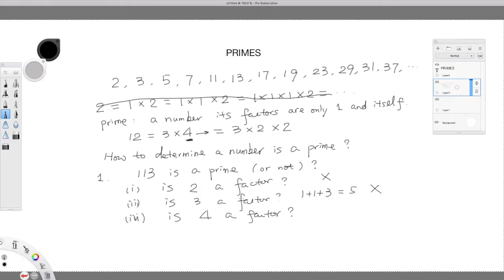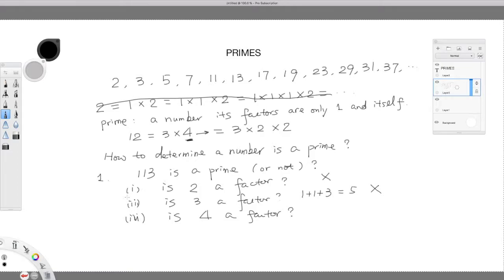And of course, you remember that for a number to be a multiple of 4, the last 2 digits have to be a multiple of 4, and 13 is not, so it's not a factor of 4. That's good. But actually, there's something more important here. Is 4 a factor? Or equivalently,